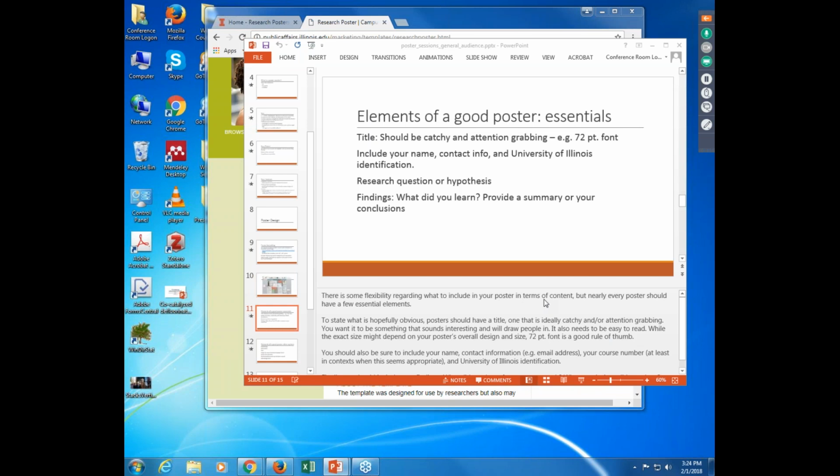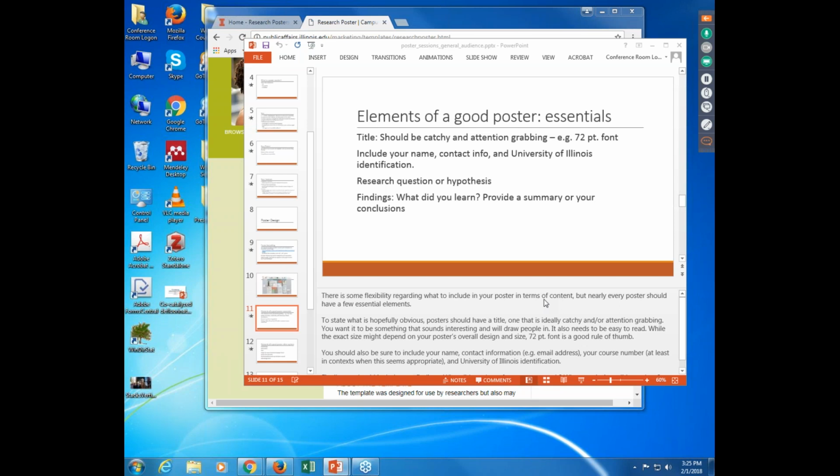Then the other question is, well, what do I actually put on my poster? There's two categories that I break this down into. On the one hand, essentials, and then the other thing I call optional or other options. The reason I break it down into these two categories is because what is appropriate for your poster depends on what you're doing. Having certain sections would make sense for certain people and it wouldn't make sense for others. Nevertheless, there are certain things that everyone should put on their poster regardless of their discipline or type of research. And so these are the essentials.